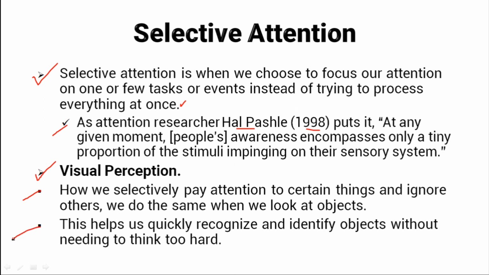For instance, when you see a dog, you instantly know that it's a dog because you have seen and identified a dog before. This is how our ability to perceive objects works. Similarly, if you see a chair, you automatically know it's a chair because you have seen and recognized a chair before. This is how object perception works.